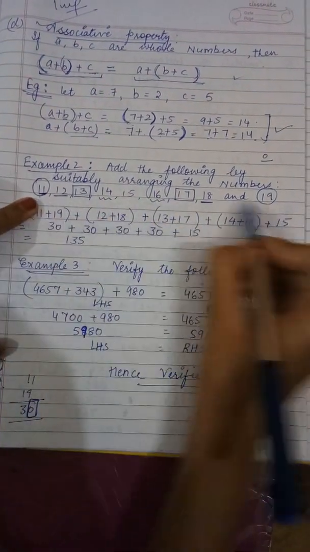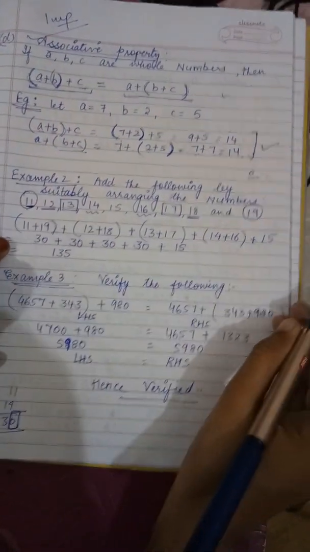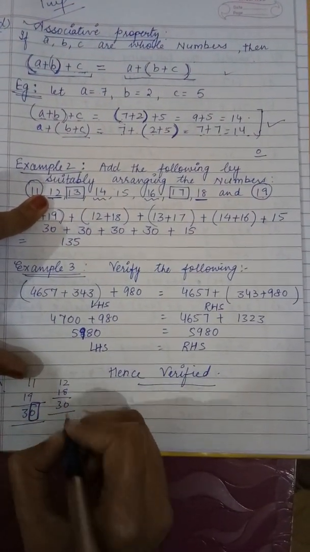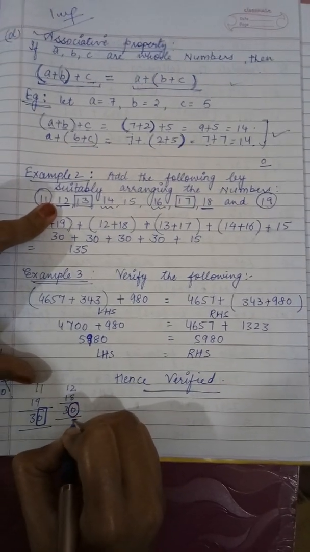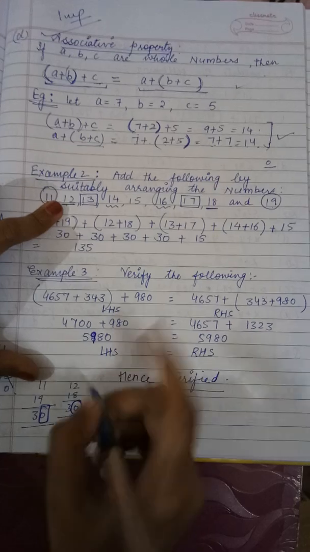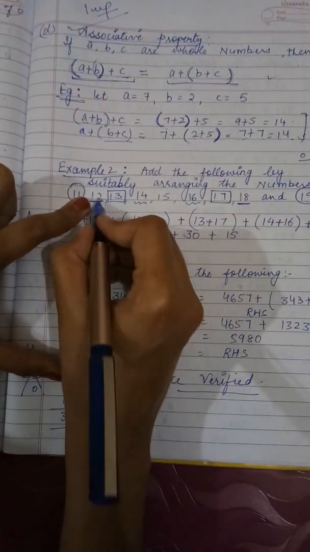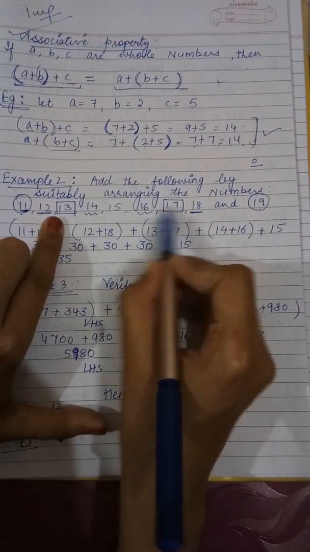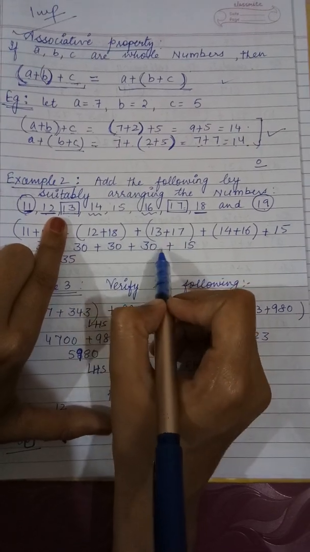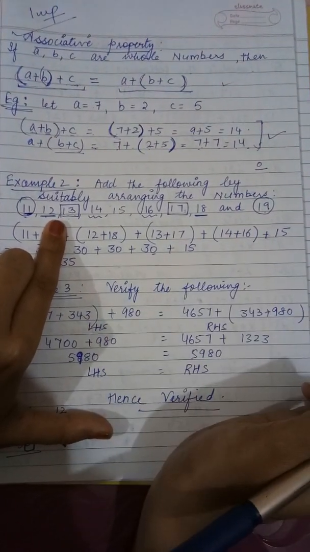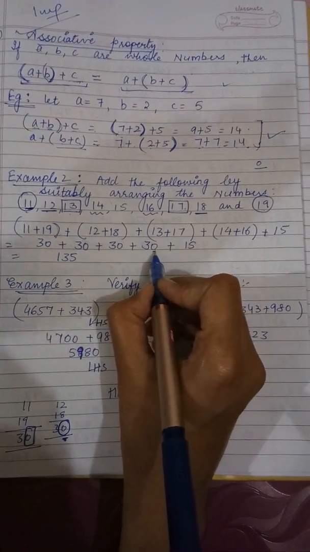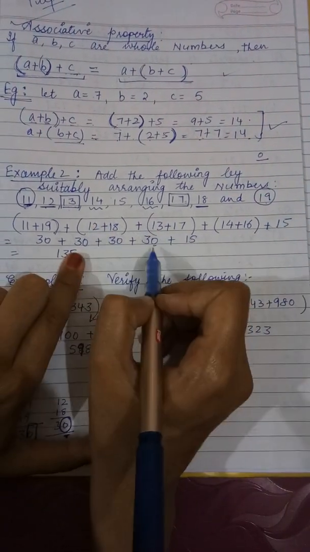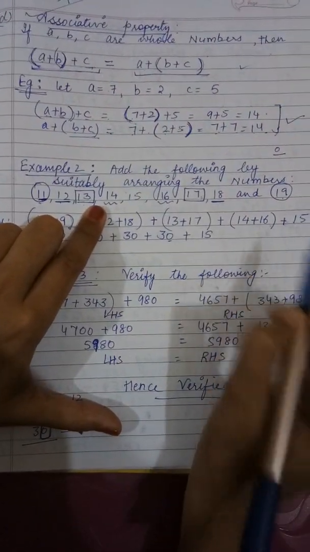So 11 and 19 I have put together in one bracket. Similarly, let us take 12 and 18, because when I add 12 and 18 it gives me 30, and in the unit place I get 0. At the unit place I have to get 0. If I am not getting 0, I cannot take those numbers. So 12 and 18 I have added in one bracket. Next, 13 and 17. Why 13 and 17? Because this gives me the sum of 30, and at the unit place I have 0. So my main motive is to get 0 at the unit place. According to that I have to arrange the numbers in brackets. Next, 14 plus 16 arranged in one bracket.